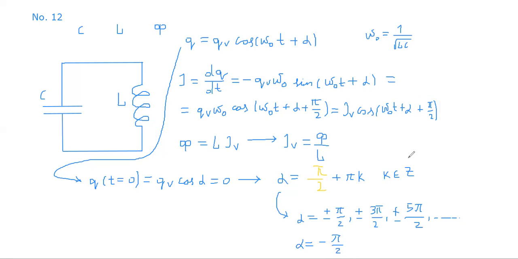So if we choose this solution, we can write that the electric current I is equal to I_m cosine of omega 0 t plus alpha plus pi divided by 2,